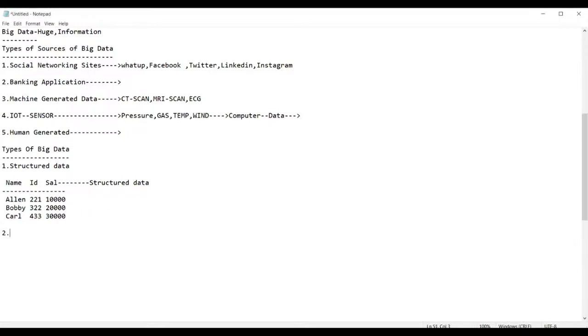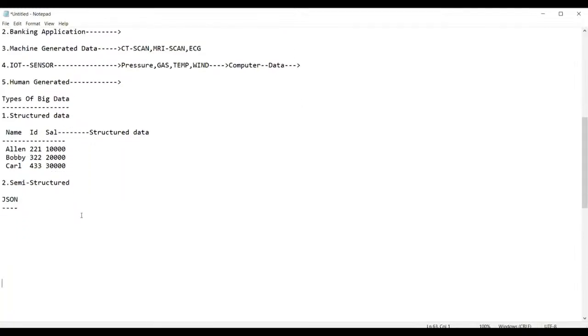So now, guys, this is called structured data. Next one, the second one, is semi-structured data. Semi-structured data means this data is purely not structured as well as not unstructured. It is semi-structured. You will have some semi-structure, such as data in JSON files. For example, I'll show you how a JSON file looks and how the data will move. The data in the JSON file will be given in curly braces.